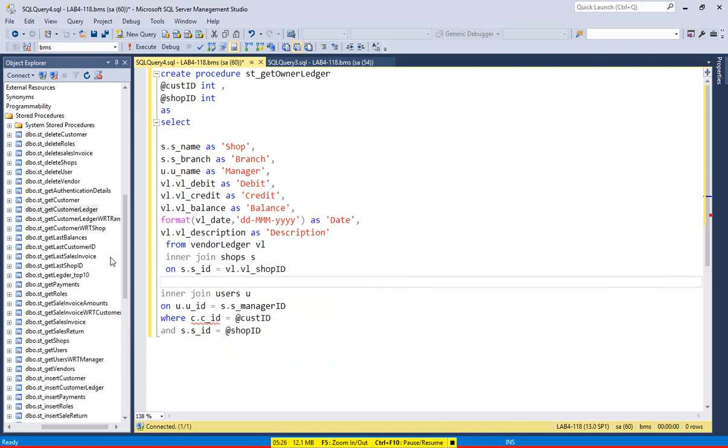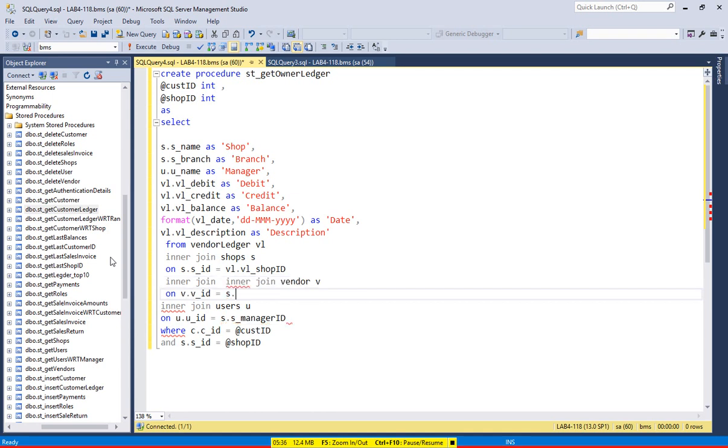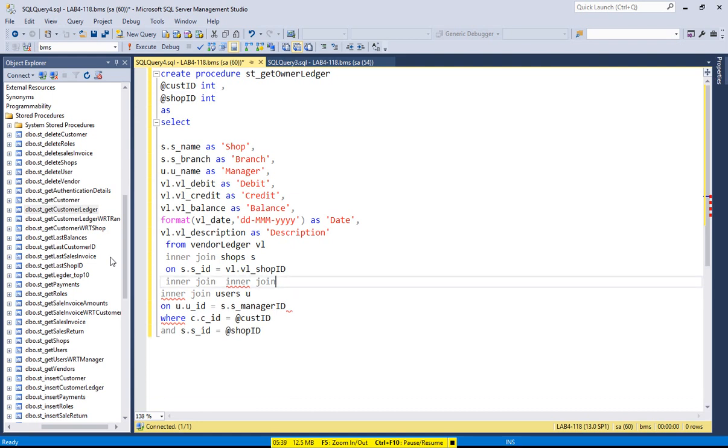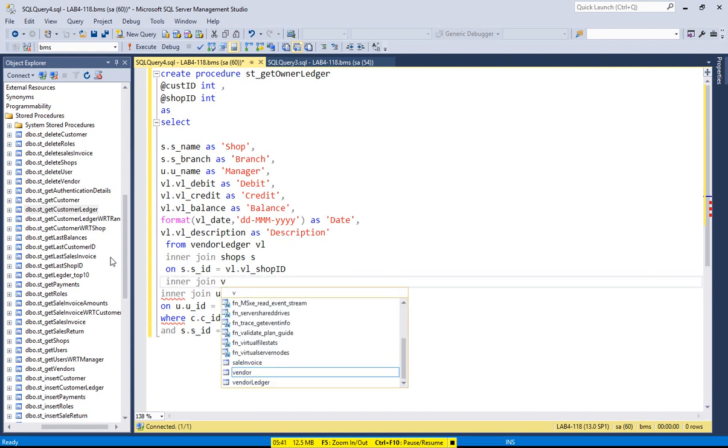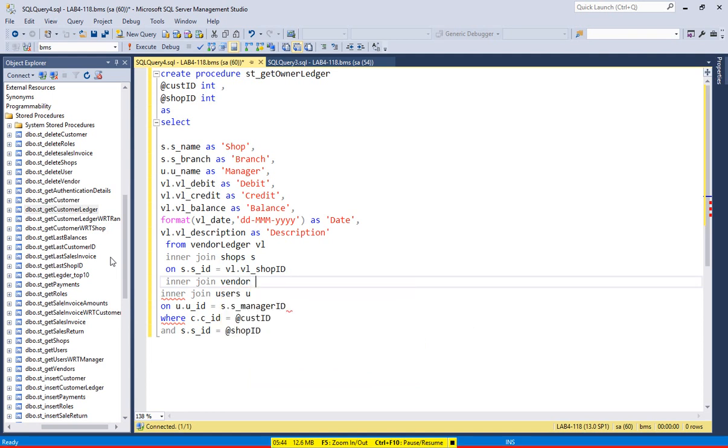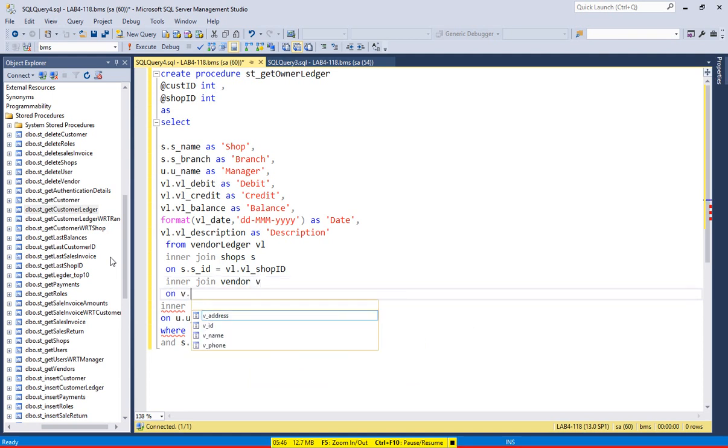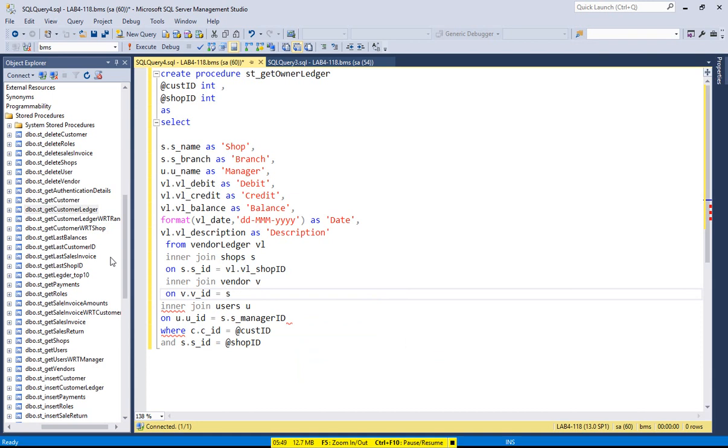Okay, so that's the join, and now inner join, and you need to write here what the thing that I have missed, that is the vendor. Okay, so inner join vendor v on v dot id is equals to s dot shop belongs to vendor id. Okay, so it is the vendor id, and then here you can specify the shop id only, and you don't